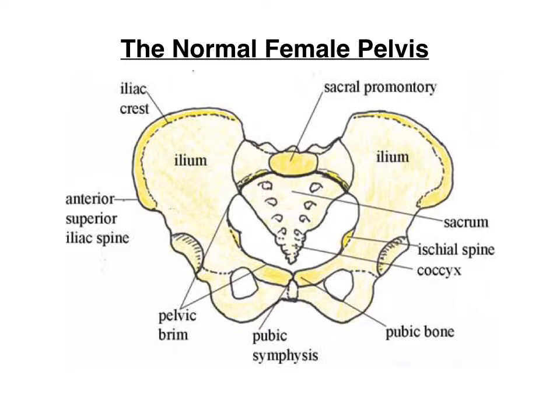This is one of the most important things. When we do a vaginal examination, we should be able to detect whether the pelvis is normal and whether the lady will be able to deliver normally or not. That is one of the main responsibilities of a midwife working in a labor room. And if she finds any abnormalities, then she should inform the doctor as early as possible in order to prevent any further consequences.